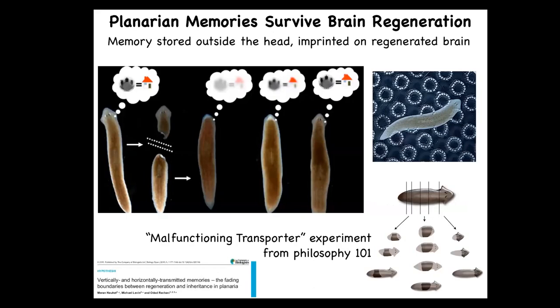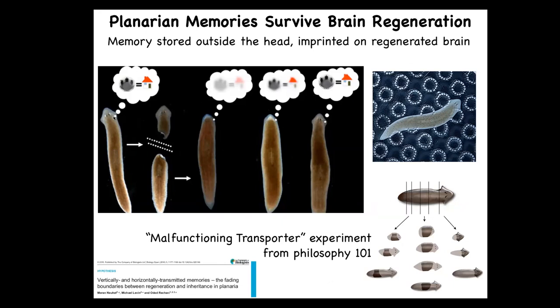And then the third one is this, which is even more impressive. These planaria, these are flatworms that regenerate every part of their body. We'll talk more about that. But if you train them to recognize this particular bumpy architecture as food, as where they get fed, you can cut off their heads with their brain. The tail will sit there doing nothing for about 8 days. They regrow a new brain. And when the brain shows up, they resume behavior and they show that they remember the original information.